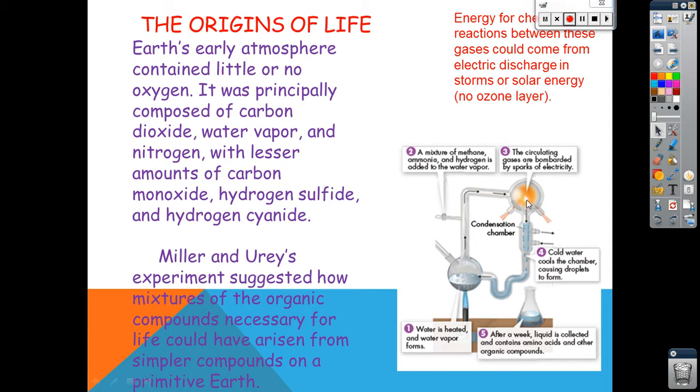This is your chemical spark. These electrodes, these nodes that are here, are what create the spark that pushes that chemical reaction to occur. Water then is passed through this condensation chamber. So basically water is cooled off again to form back into water droplets. The condensation forms here, eventually accumulating into droplets, and water would drop down into this container